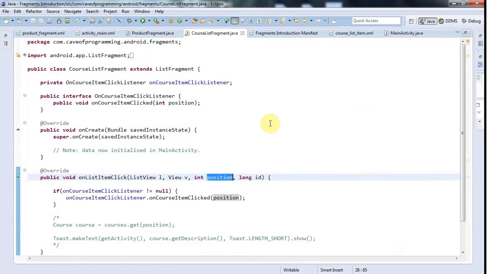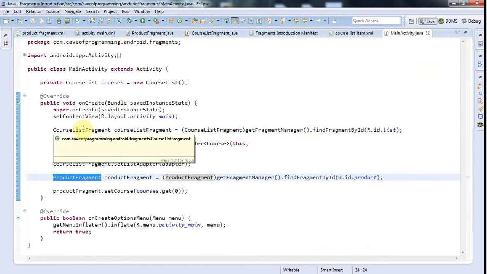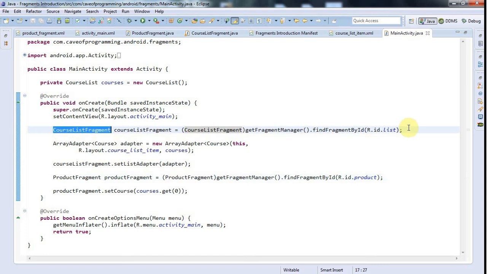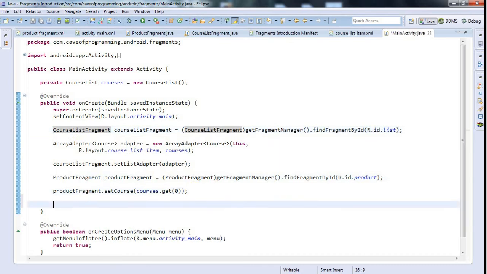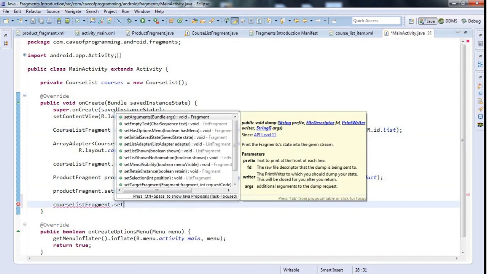Now the other bit here, you probably will be familiar with because you will have done it before when you were listening to buttons and that kind of thing. In the main activity, I've got a reference to my course list fragment here, and I'm going to add a listener to that. In fact, let's do it way down here, because at this point I've got references to both fragments available, and I'm going to say courseListFragment.setOn,